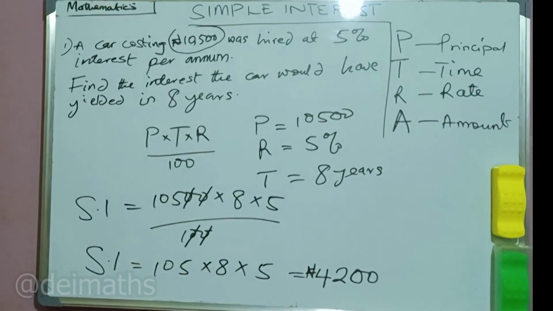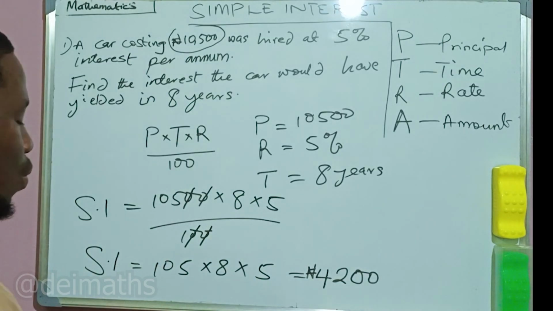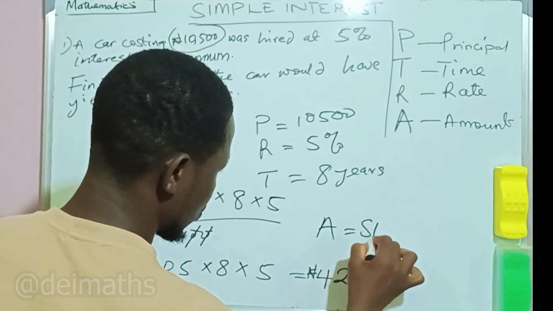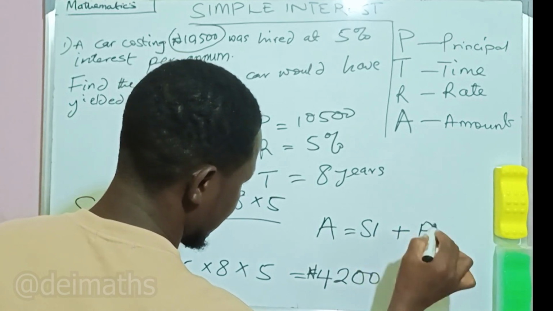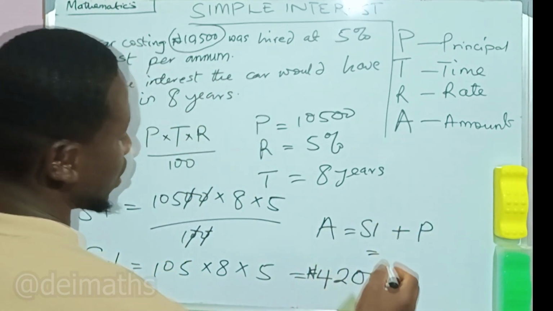If you want to know the amount that will be paid to the owner after a period of 8 years at the rate of 5%, that is the total, both the principal and the interest, we now have the amount is equal to the simple interest plus the principal, which is, the simple interest is